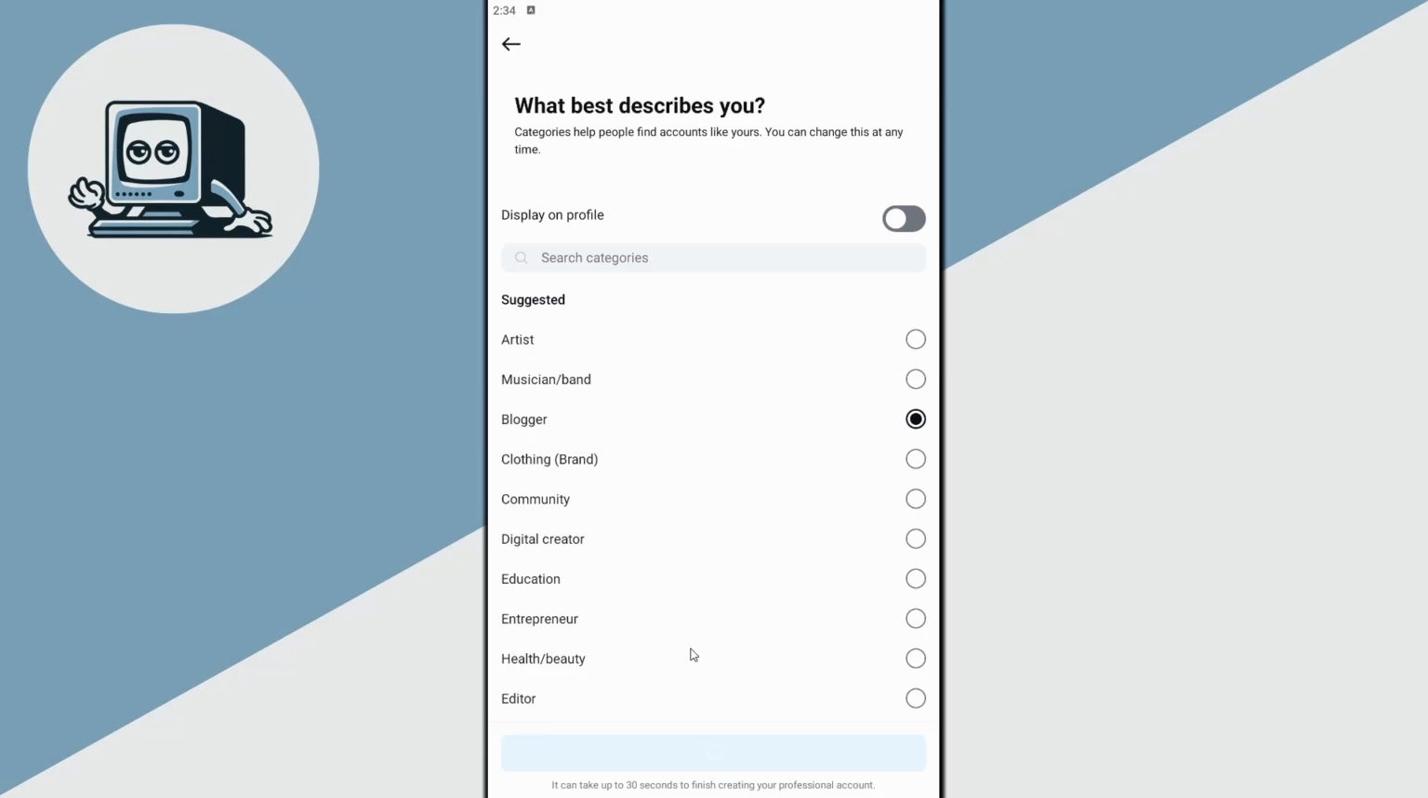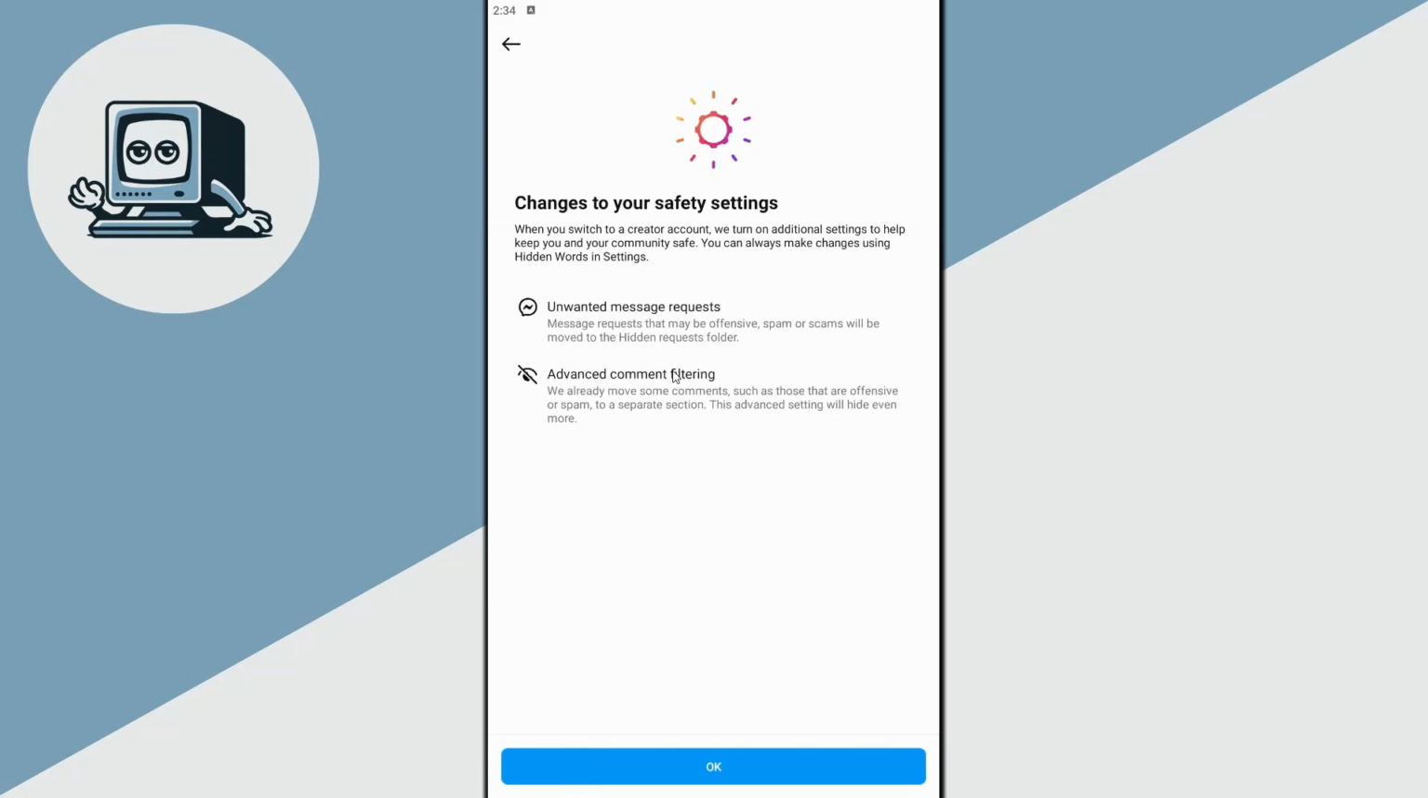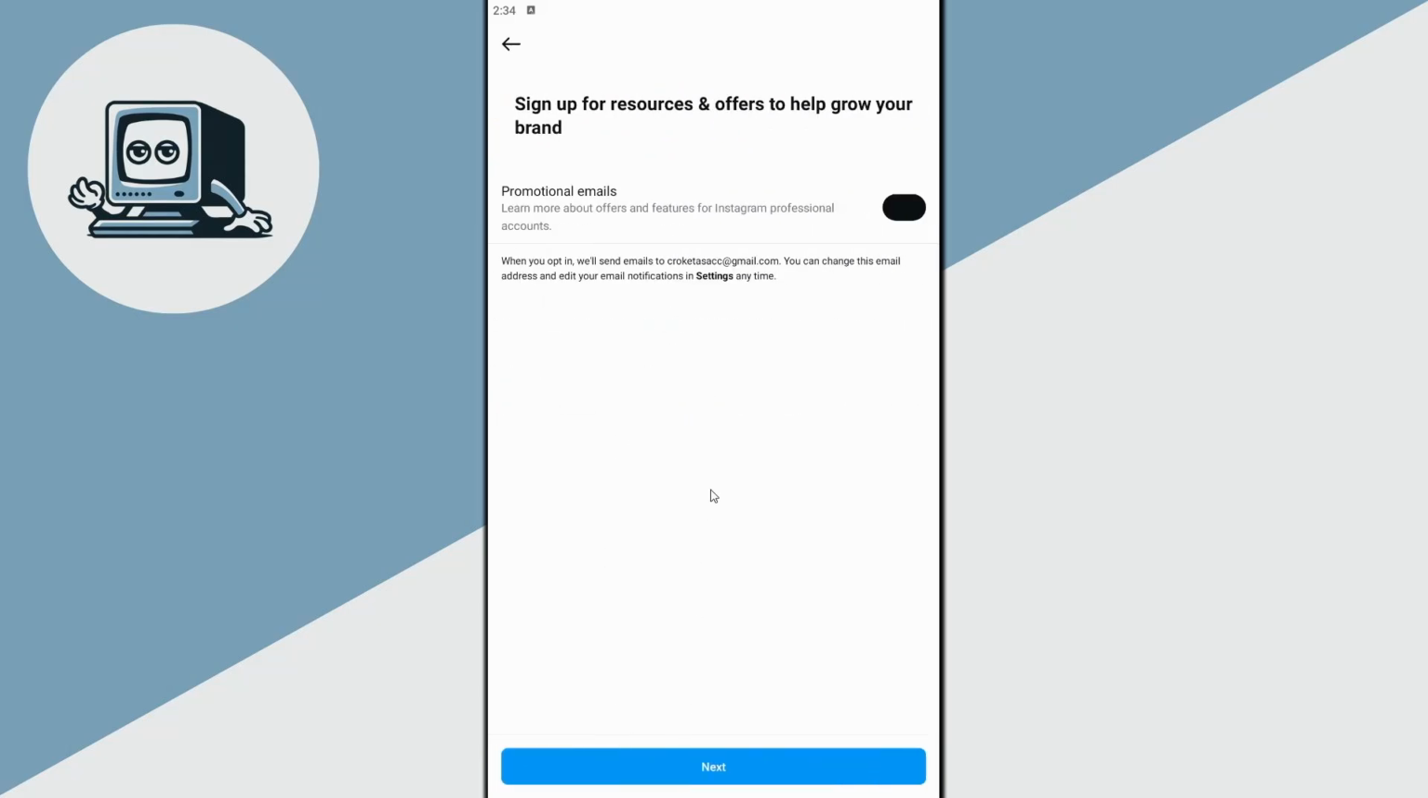Take into account that this will be on your same Instagram account, so you won't lose anything. Now choose between a business or creator. Click next, and that's it. Now if you click OK, you need to switch this option if you want to get promotional